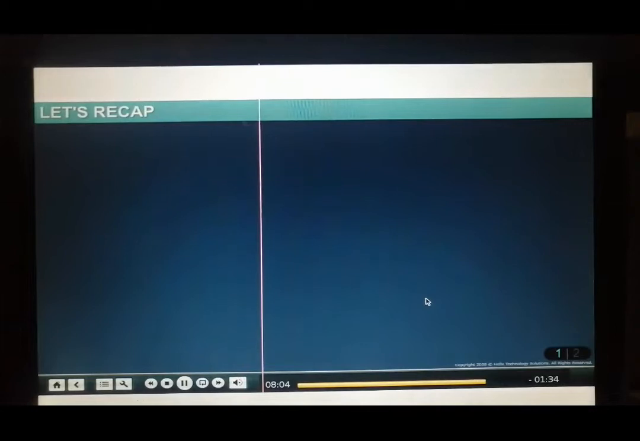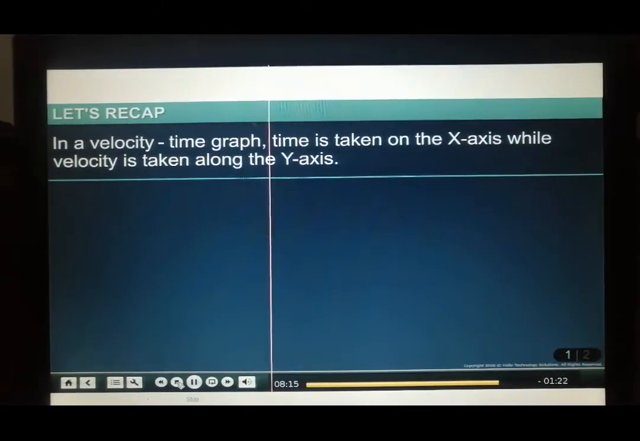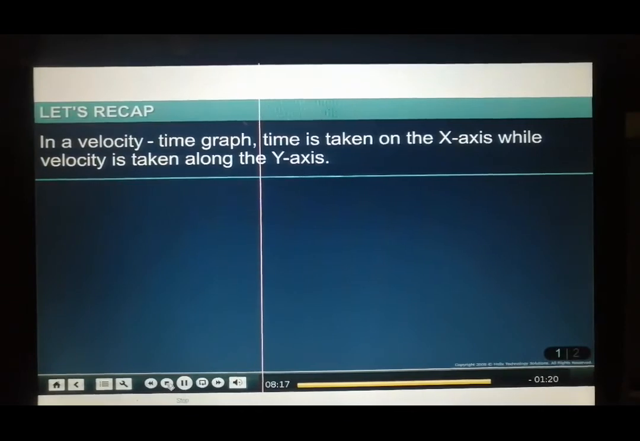This brings you to the end of this module. In this module, you have learned that in a velocity time graph, time